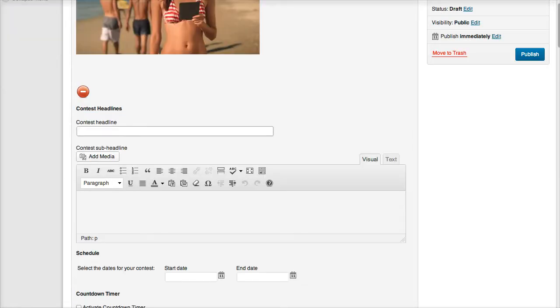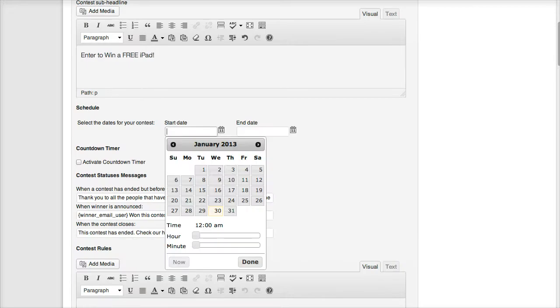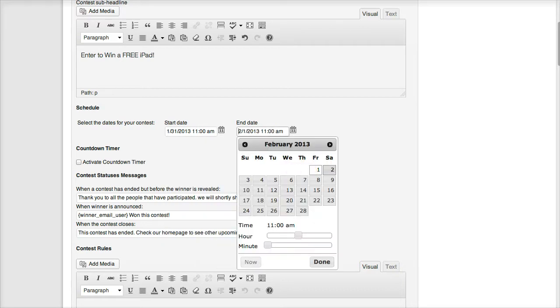Next is going to be the contest headline, so win a free iPad. And then I'm going to give my contest a description. Enter to win a free iPad. Okay, and next I'm going to select the date of when I want my contest to run. I'm going to pick Thursday at 11 a.m. and I want it to finish on Saturday at, let's say,